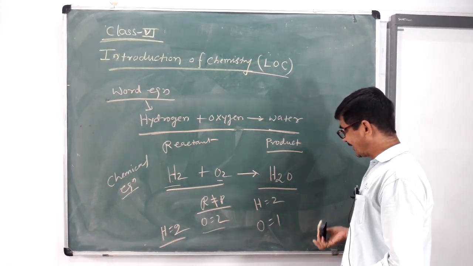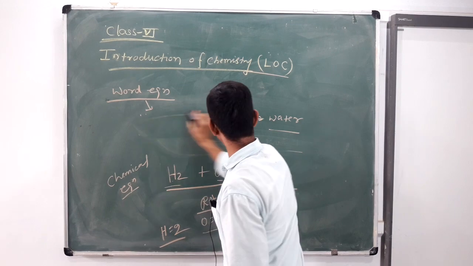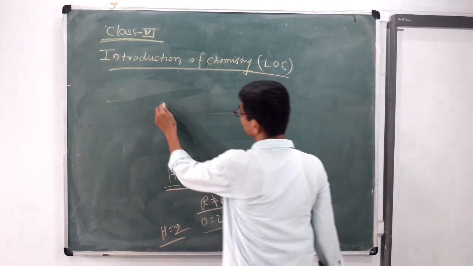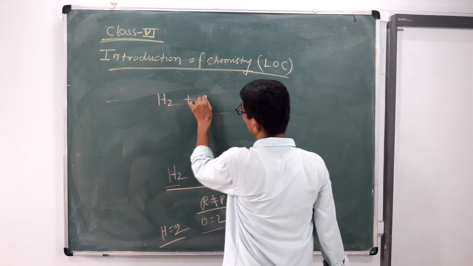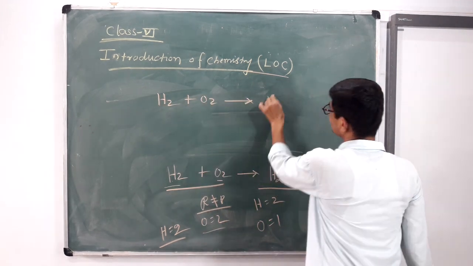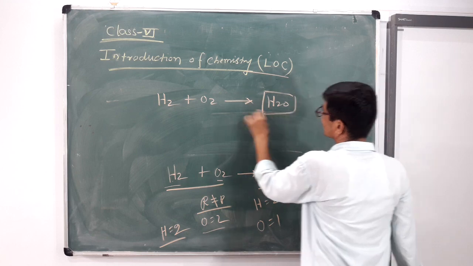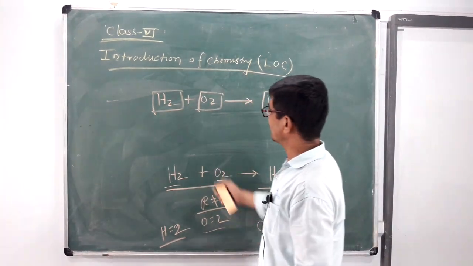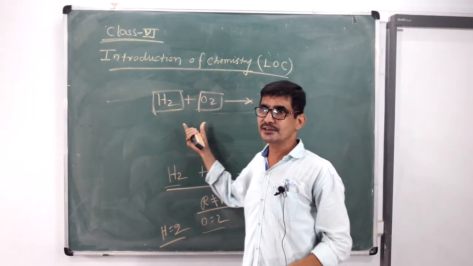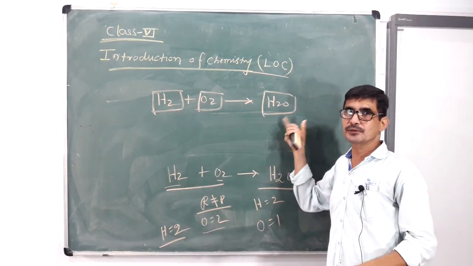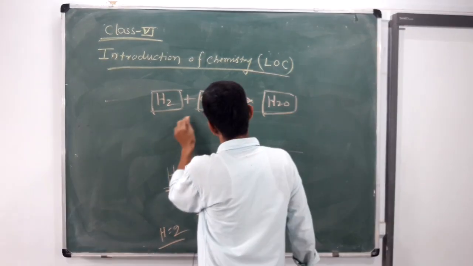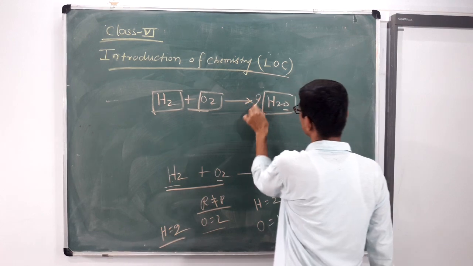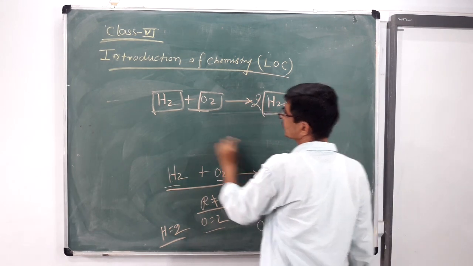But now how to balance it? How to balance chemical equations? Now let us understand how to balance chemical equations. H2O. In a balanced chemical equation, the number of atoms present in the reactant side must be equal to the number of atoms present in the product side. So how many oxygen atoms? 1 here, 2 there. So a 2 must be attached here, 2 oxygen, and hydrogen is 2 times 2, which is 4.